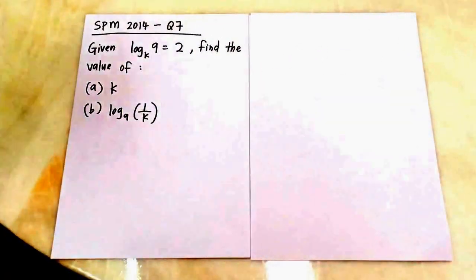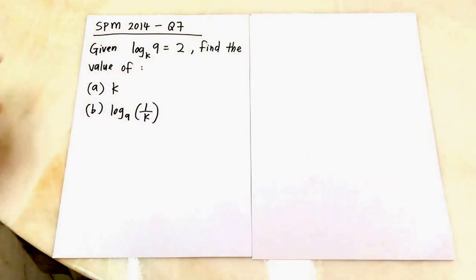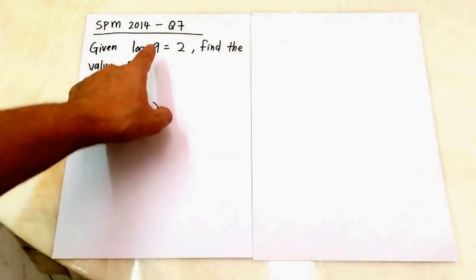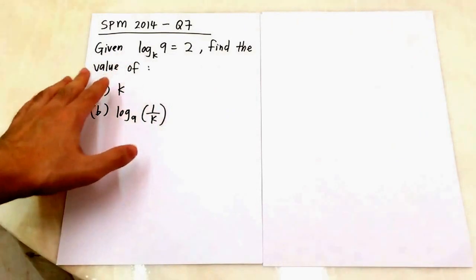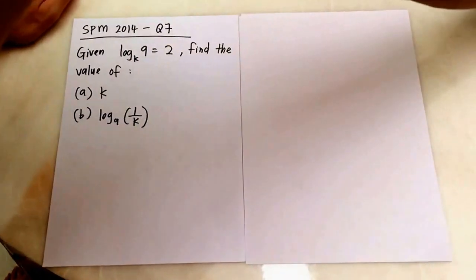Okay, this is SPM MF 2014 paper 1 question number 7. Given log k 9 equals 2, find the value of k. Okay, this question is quite simple. So what I will do first is